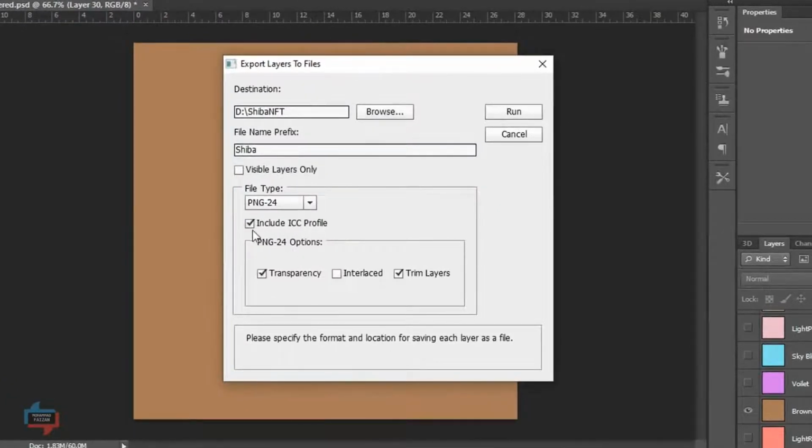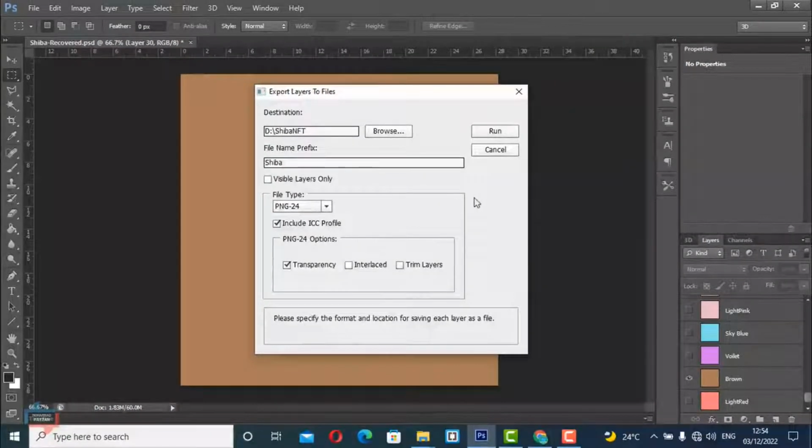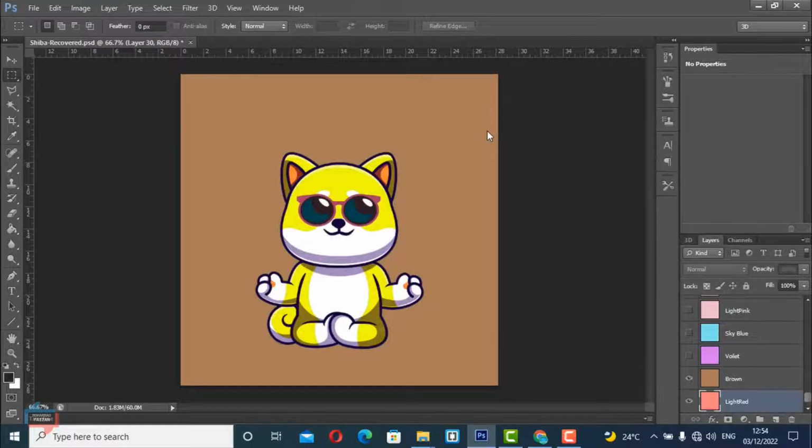And here we have some options. Transparency, yes, we want transparency, and here is the option trim layers, so uncheck this trim layers because we don't want to trim the layers. Now click on run to generate the layers into the file. So the process is started, you can see here. Okay,